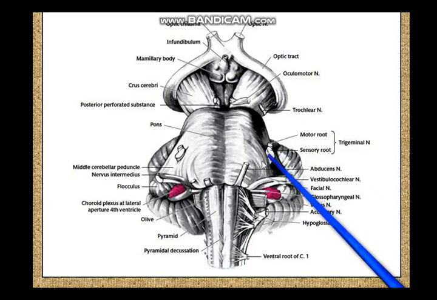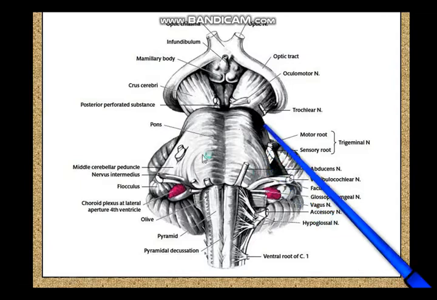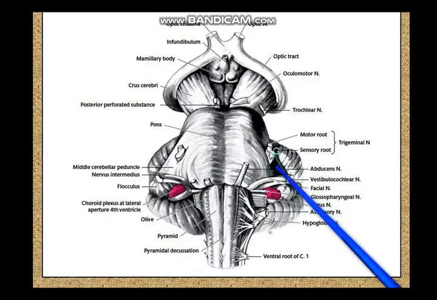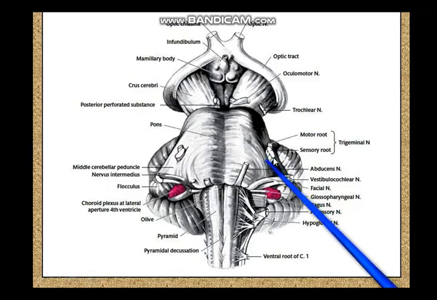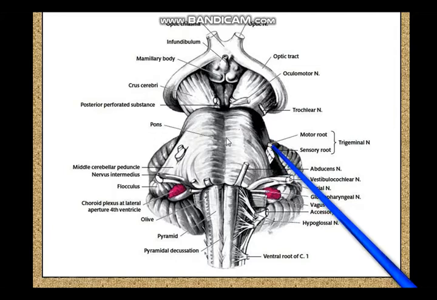Now the trigeminal nerve appears to emerge from the junction between the basilar part of the pons and the middle cerebellar peduncle. From this junctional zone, the trigeminal nerve is emerging, and it has a motor root and a sensory root, of which the motor root is medial, M for M, motor root medial. But the sensory root is very large and the motor root is very small. As you know, most of the trigeminal nerve through its ophthalmic, maxillary and mandibular divisions is sensory, and only a small part which passes along with the mandibular nerve is motor. So in the trigeminal nerve, the large sensory root is somewhat lateral and the smaller motor root is somewhat medial.